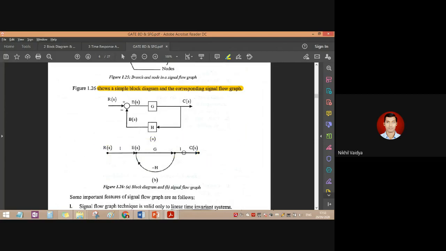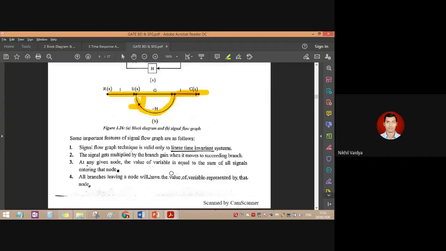In what case could this be a forward path? If this particular arrow direction had been in this direction, then we would have concluded that the forward path is this one and this is another forward path. If the arrow direction had been opposite here, we would have concluded that, yes sir, this is also a forward path, but it is not there. Next,